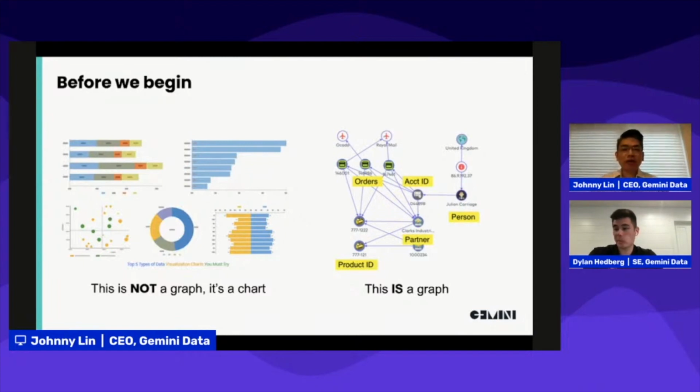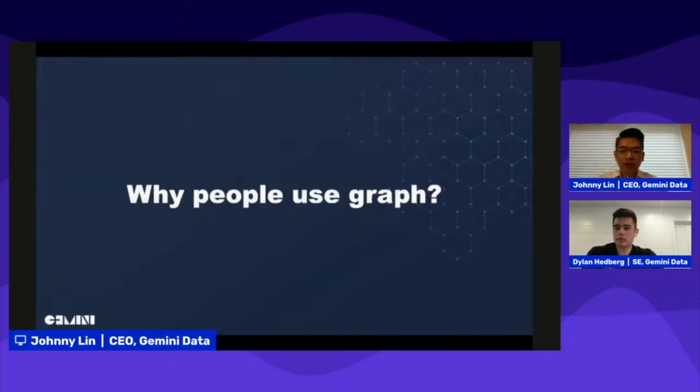And we know that a lot of organizations today are trying to look at graph technology, or they're already in the middle of using it. But obviously, there have been a number of challenges, as we have spoken with a number of our customers. So let's take a look at why people are using it first, and then we'll dive deep into some of the challenges or problems that we have seen from some of our customer engagements.